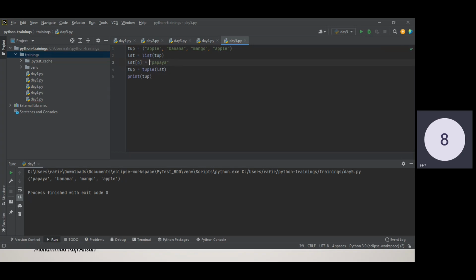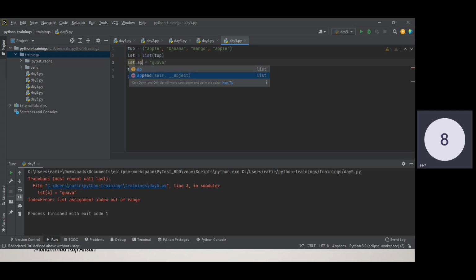Fourth index. If you want to add anything, let's suppose we are adding guava. So, list dot append, this, a guava, so guava will be added